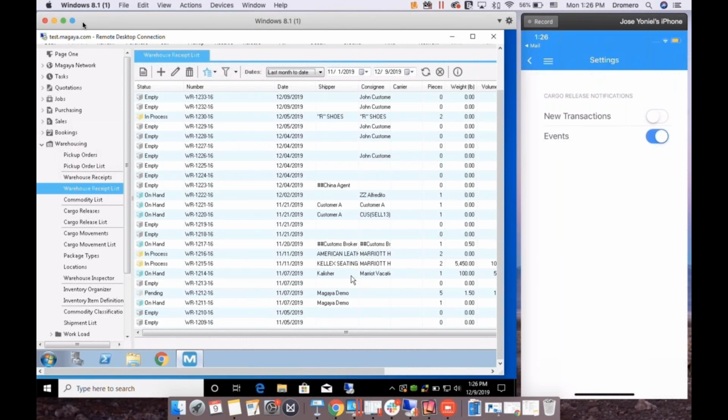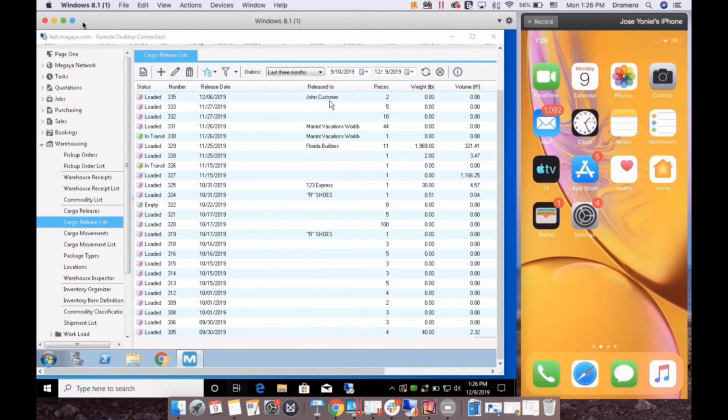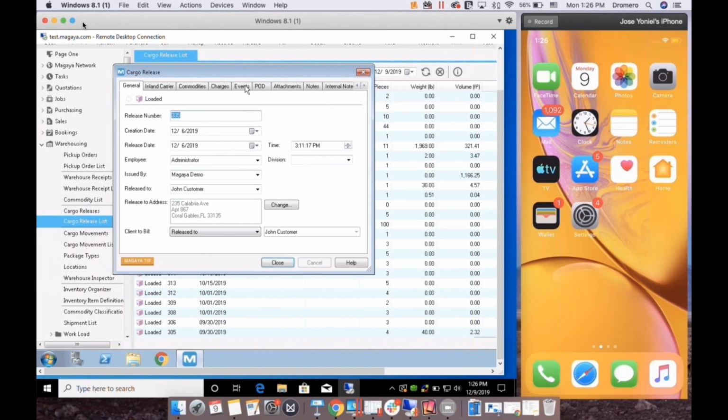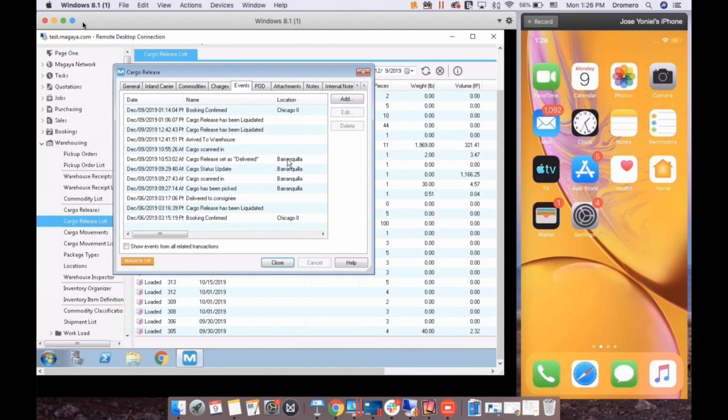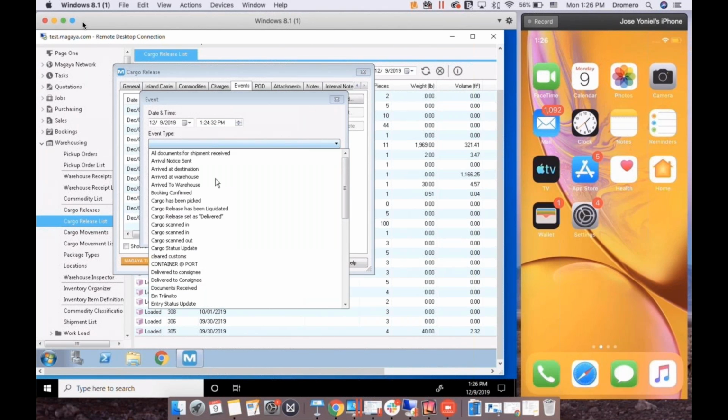But in this case, we're going to enable new events for cargo releases. So we're going to create a cargo release in Magaya, or add an event to a cargo release in Magaya, and see the customer being notified on their phone. Again, the app is closed. You can see on the phone that the app is not running. And on the left-hand side, we're just going to go and add an event on the cargo release that,